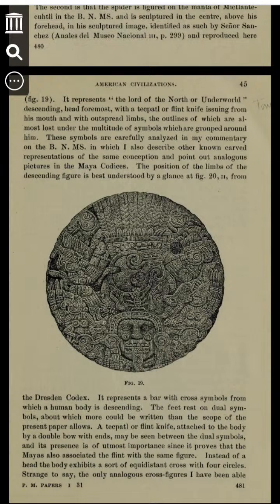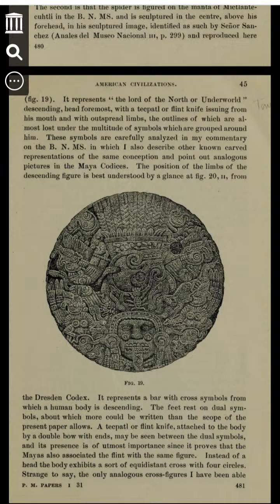Right, so y'all can really zone in on this. This is what she's talking about right here. These symbols are carefully analyzed in my commentary on the BNMS, in which I also describe other known carved representations of the same conception and point out analogous pictures in the Maya codices. The position of the limbs of the descending figure is best understood by a glance at figure 22 from the Dresden Codex. It represents a bark with cross symbols from which a human is descending. The feet rest on dual